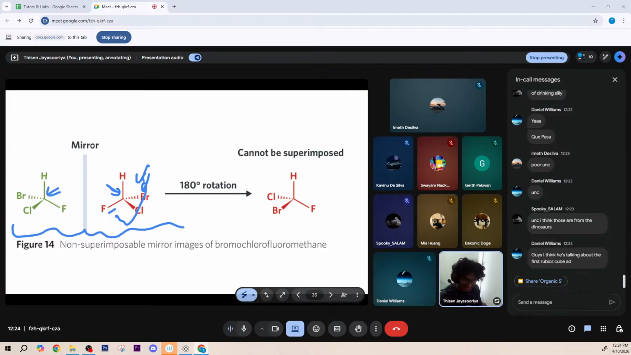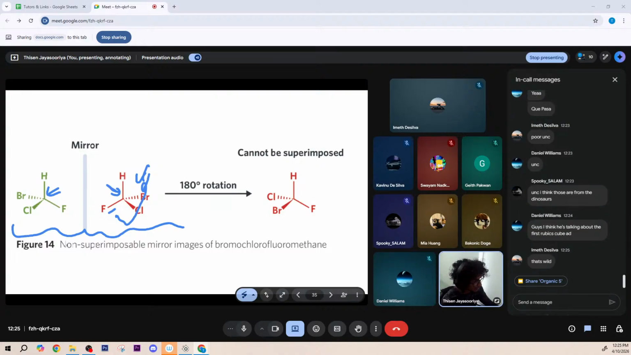But essentially the idea is, this is what we mean by a chiral compound, yeah? So,